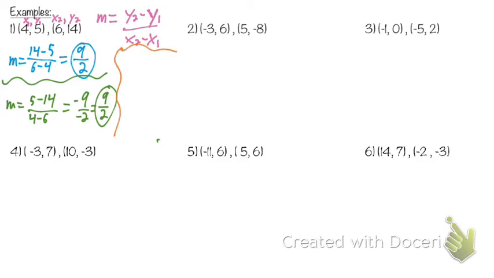Let's say I put the 14 first again on the top, like I did originally. But on the bottom, let's say I put the 4 first. I'm going to have positive 9 over negative 2. Is that the same thing as my other answers? No, so clearly something's different here, right? Okay, well,